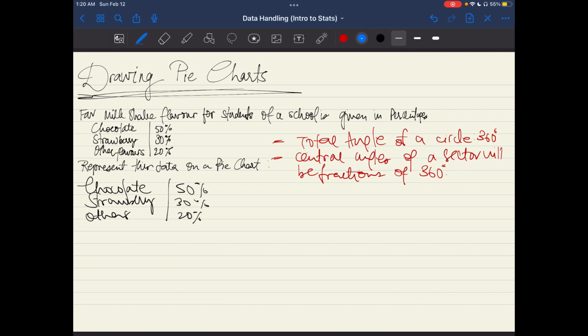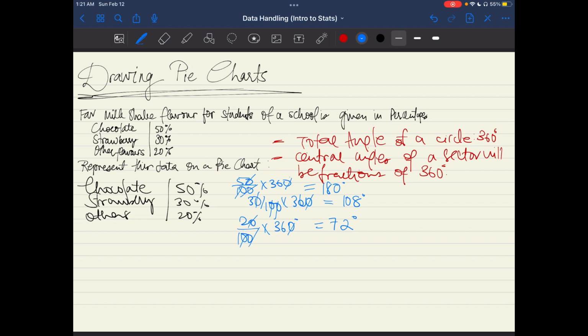Okay, first, in case of chocolate, we have 50%, which means 50 over 100 times 360 degrees, which is 180 degrees for the chocolate. Now let's move on to strawberry, which is 30 over 100 times 360, which will be 108 degrees. And now for other flavors, we have 20 over 100 times 360, which will be